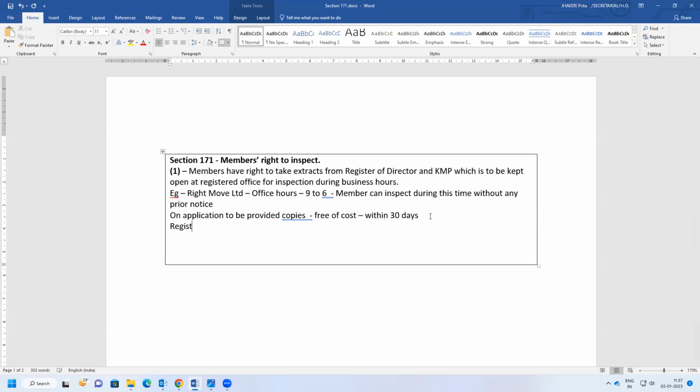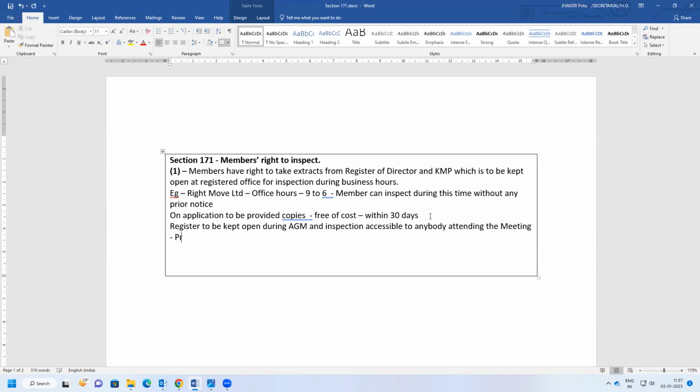Next one, register to be kept open during AGM, and inspection by anybody, accessible to anybody attending the meeting. मीटिंग में कौन कौन अटेंड कर लेता है? प्रोक्सी अटेंड कर लेता है, डायरेक्टर अटेंड कर लेते हैं, ऑडिटर अटेंड करते हैं, तो ये सब लोग कर सकते हैं। लेकिन ऊपर जो रजिस्टर्ड ऑफिस में है वो सिर्फ मेंबर्स के लिए। मेंबर्स, ठीक।